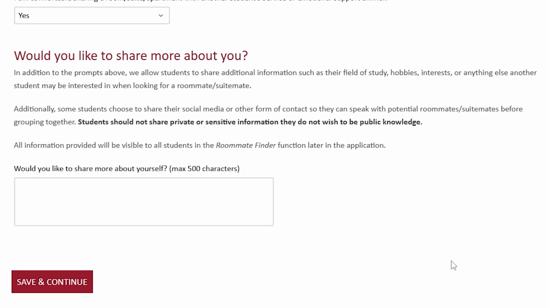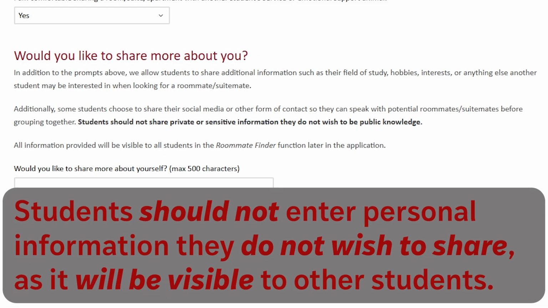Students applying for academic year housing will be able to use the free response box at the bottom of the page to enter information about themselves that they would like to share with other students searching for a roommate using the Roommate Finder feature in the optional Roommate Search and Selection step. We highly recommend that students complete this box, but it is not required to complete the application. Students should not enter any personal information they do not wish to share, as it will be visible to other